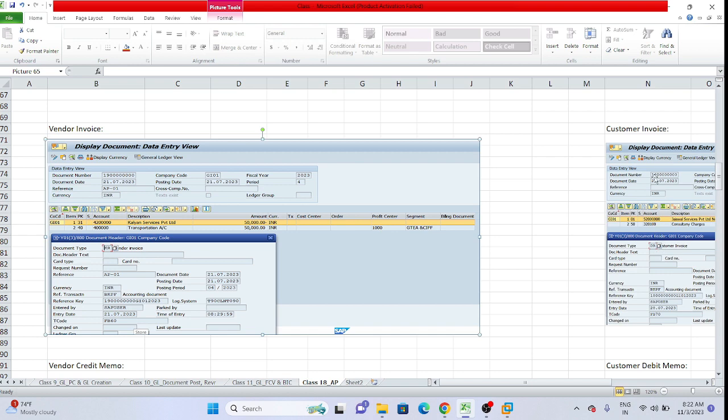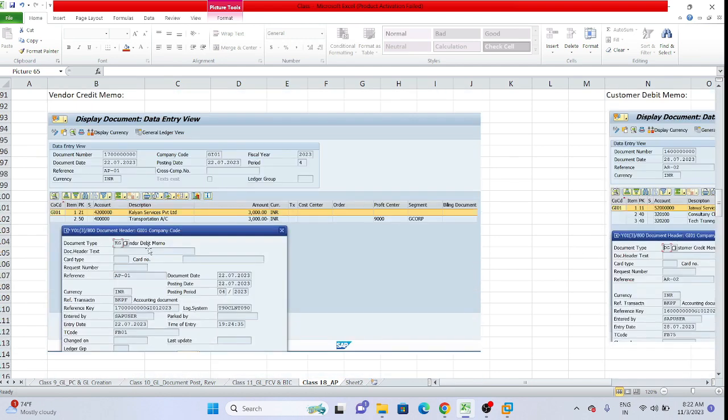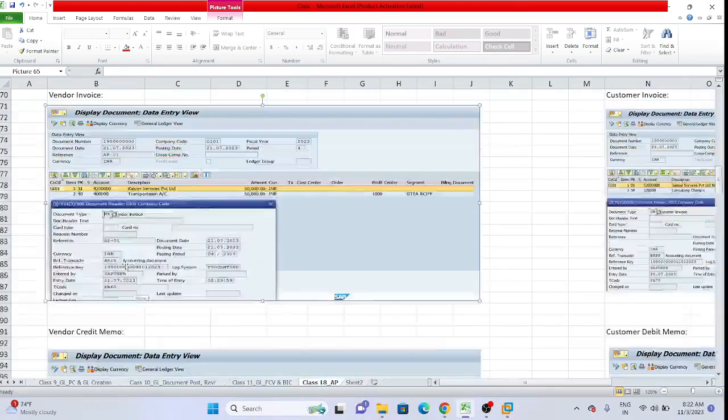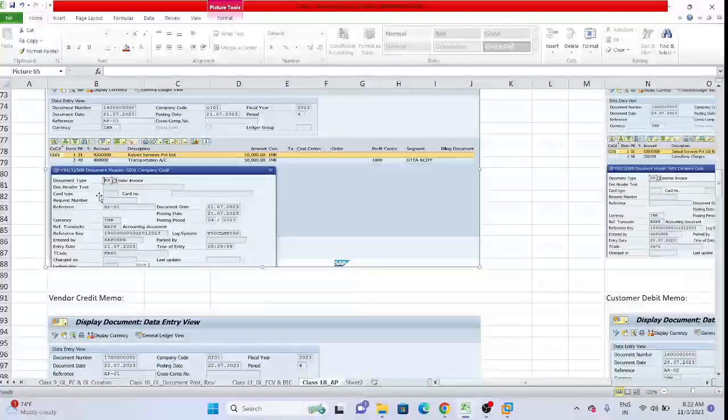Similarly, customer debit memo. A vendor credit memo means that for this invoice, if something is being returned to the vendor, then due to the return, this vendor credit memo is required to be posted. A customer debit memo is required to be posted if we are getting any returns from the customer. Returns means, let's suppose in this example, we have taken the service